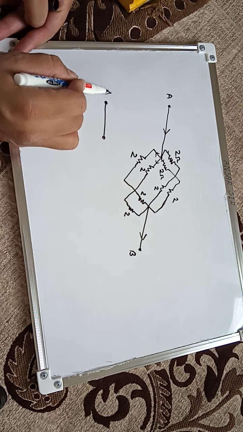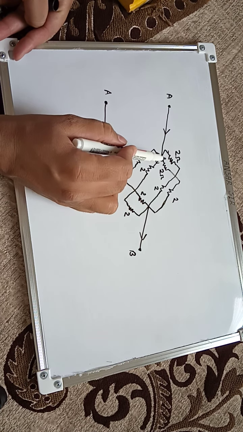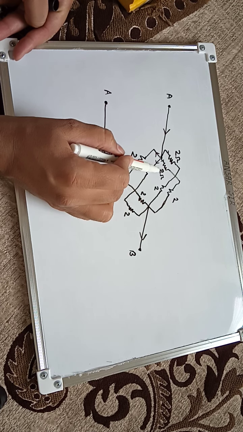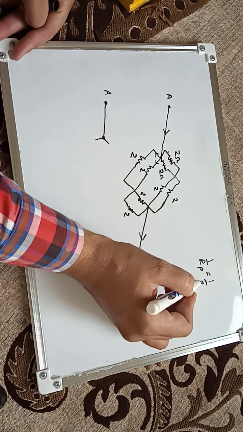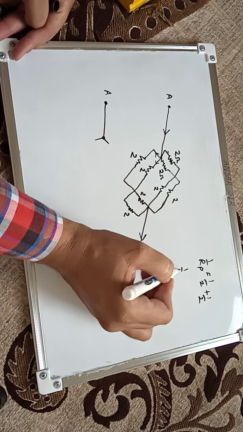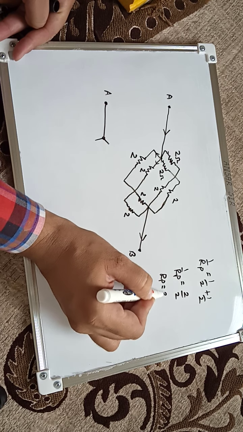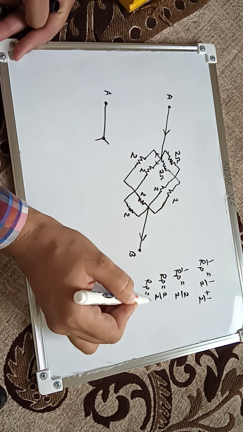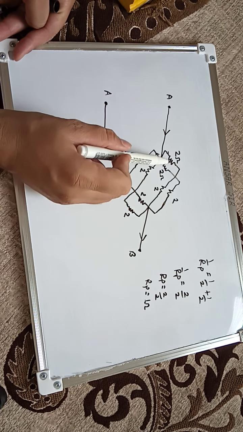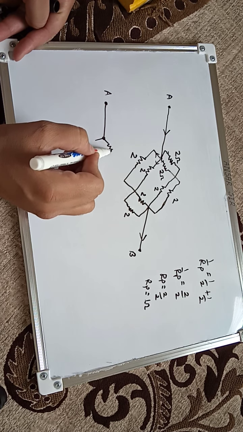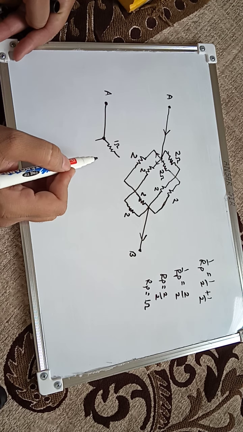This is point A. The current divided into 2 branches there upwards, 2 and 2. So they will give us 1 ohm resistance. You know, if I write 1 upon Rp is equal to 1 upon 2 ohm plus 1 upon 2 ohm, so it will be 1 upon Rp is equal to 2 upon 2 ohm, and Rp is equal to 2 upon 2 ohm. Rp will be 1 ohm. So if 2 ohm are connected in parallel, we get 1 ohm. So instead of these 2 resistors, we can connect only one resistance, and its value will be 1 ohm. Understood how we have solved?